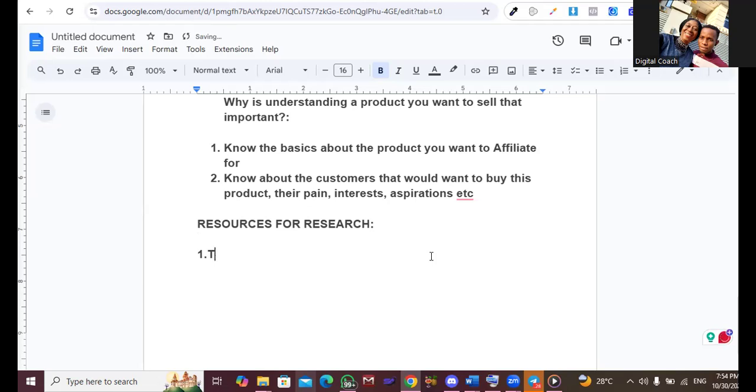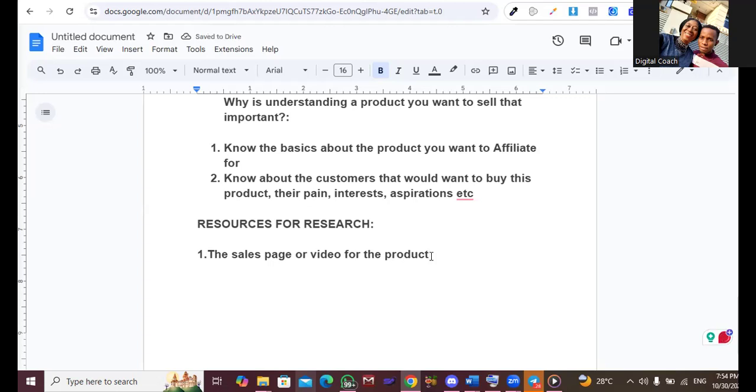The sales page, because the best place to get explanation and information about what you're selling is from the vendor, from that person that has created the product. That is the best person to get information from. So look at his sales page. Look at the page he has created. Are you getting me now? He has created a landing page for the product. Take out your time and go through that page. You will get a lot of information about the product once you take out your time.